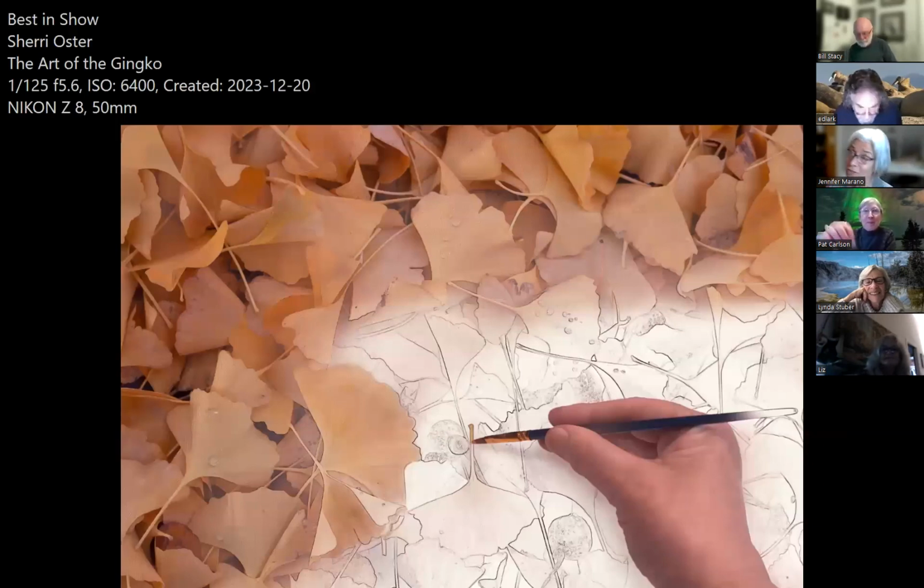Well, Sherry paints. I wonder if this is one of her paintings. Is that her hand? I don't know. That can't be her hand. Yeah, I don't know either. Unless,